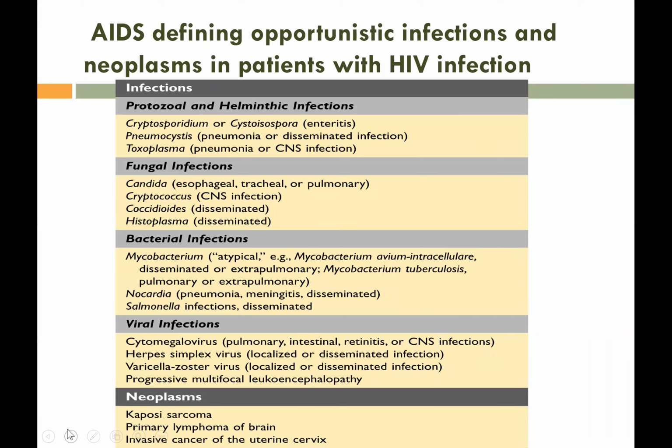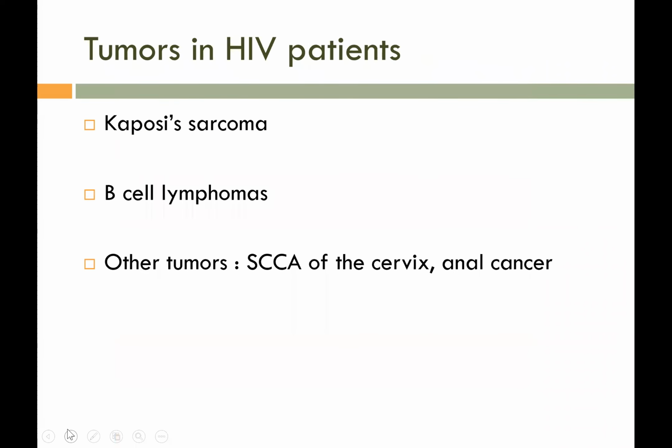It can also be primary lymphoma of the brain or invasive cancer of the uterine cervix. So, as I was saying, Kaposi sarcoma. Now, in some patients, it may be a form of B-cell lymphoma. Lymphomas occur at a markedly increased rate among individuals with AIDS. Roughly 5% of AIDS patients will present with lymphoma,